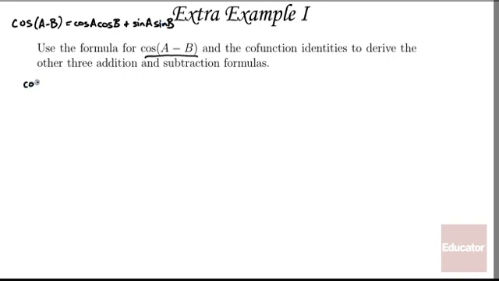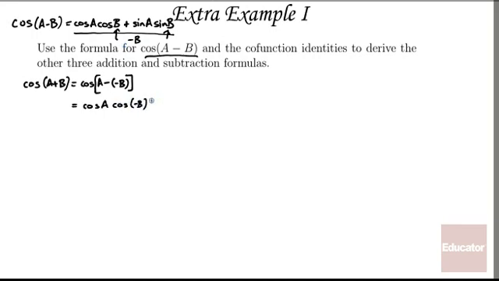So I'm going to start with cosine of A plus B, and I'm going to write that as cosine of A minus negative B. So I'm going to write an addition in terms of a subtraction. And the point of that is that now I can use my subtraction formula. So this is cosine of A. I'm just going to invoke this formula above, except wherever I see a B, I'll change it to negative B. So I have cosine A, cosine of negative B now, plus sine of A